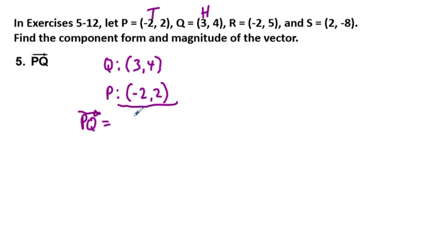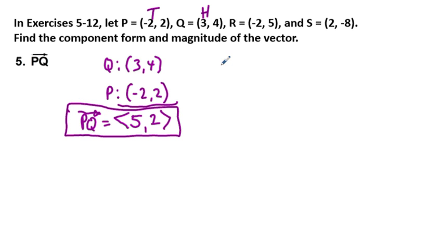And vector PQ is going to be equal to angular bracket 3 minus -2. 3 minus -2 is the same as 3 plus 2, or 5. And 4 minus 2, that's going to be 2. Okay, so that's going to be vector PQ. And then magnitude. A magnitude, MAG for short, is going to be